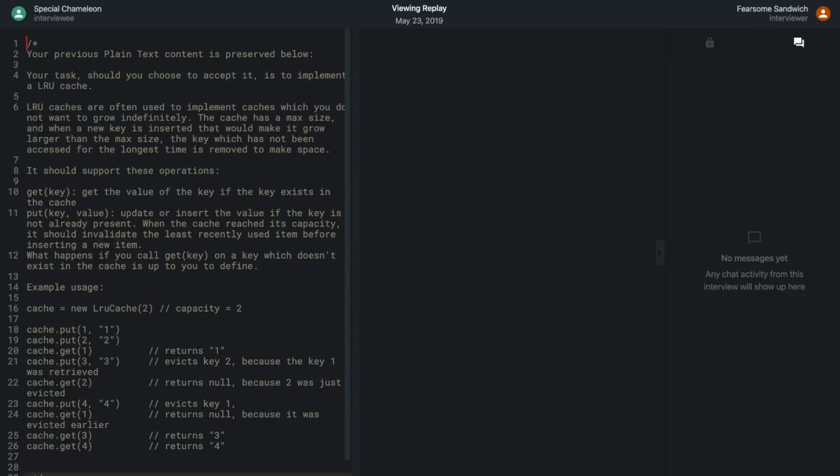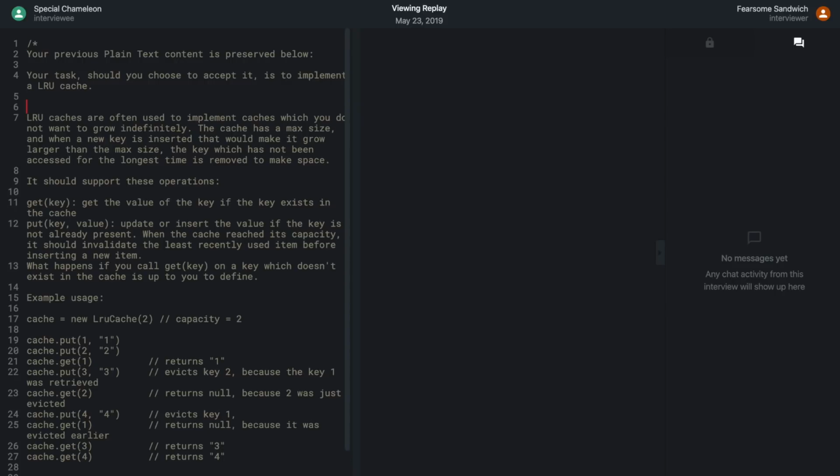Okay. So, I'm actually not familiar with this problem. I have not gotten it yet, so let me just read through it first. Your task, should you choose to accept it, is to implement an LRU Cache. LRU caches are often used to implement caches which you do not want to grow indefinitely. The cache has a max size. So LRU, this is the least recently